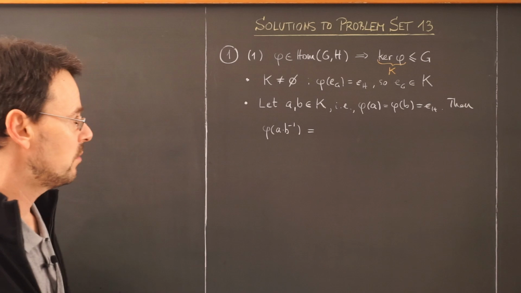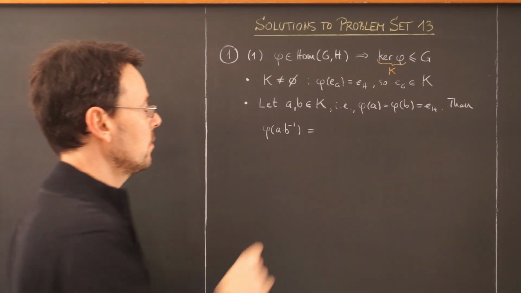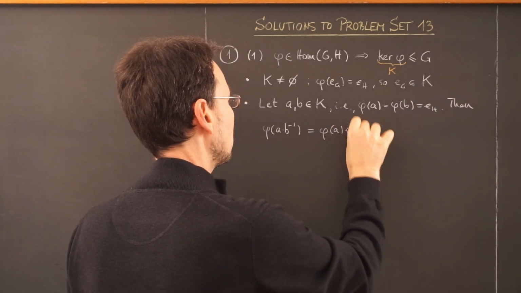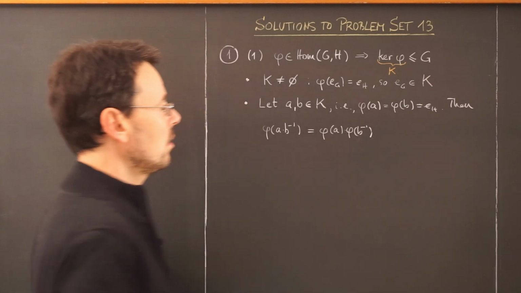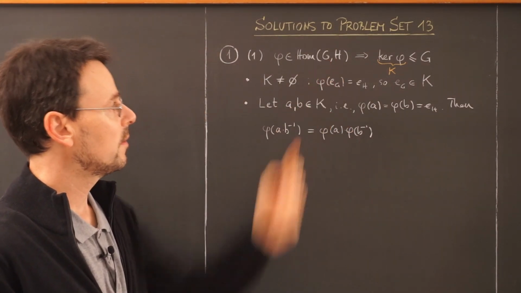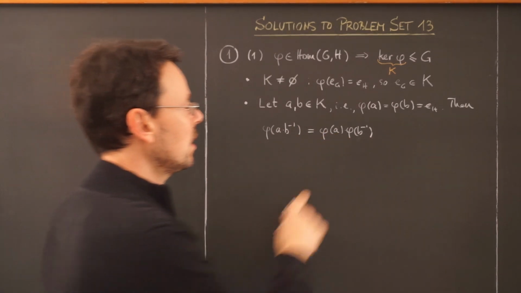But with our knowledge of homomorphisms, this is easy because phi of A times B inverse is the same as phi A dot phi B inverse. Now this dot is the operation in H. This is just the homomorphism property. And now